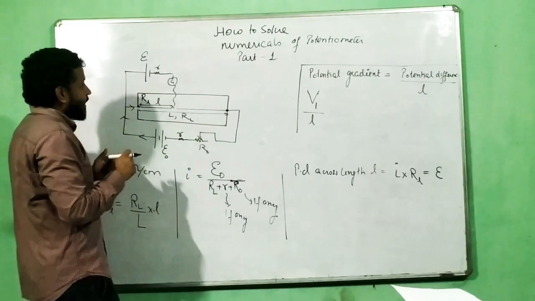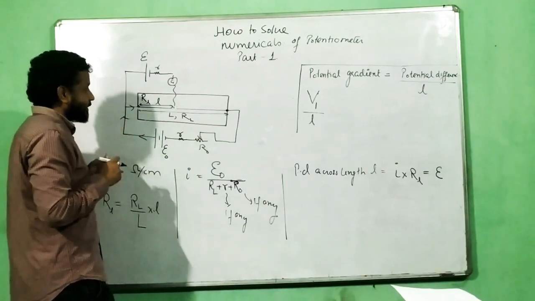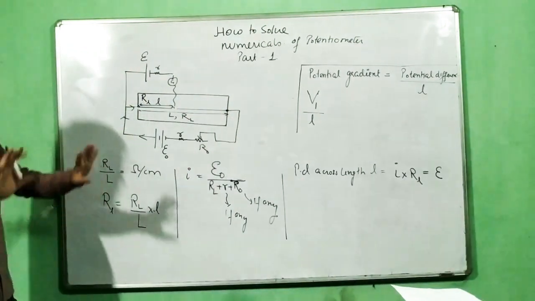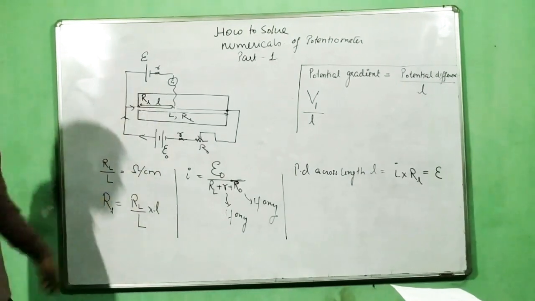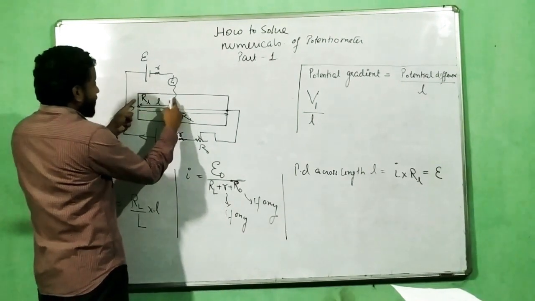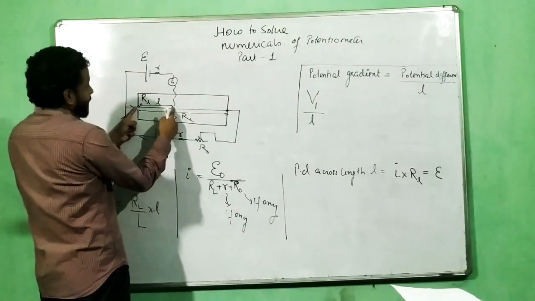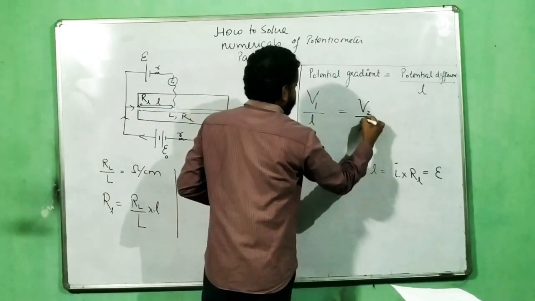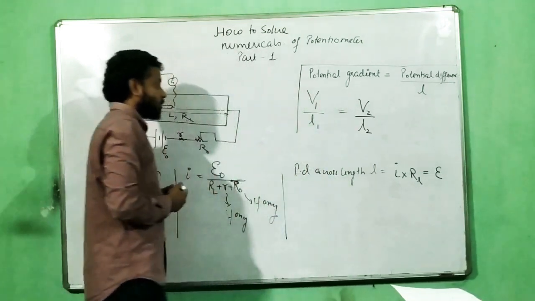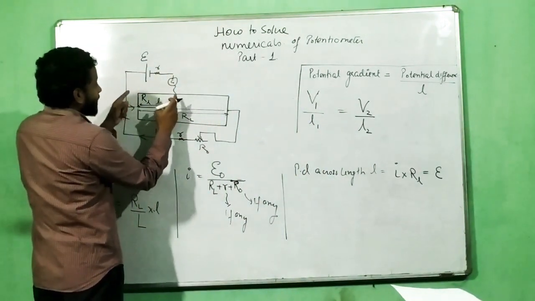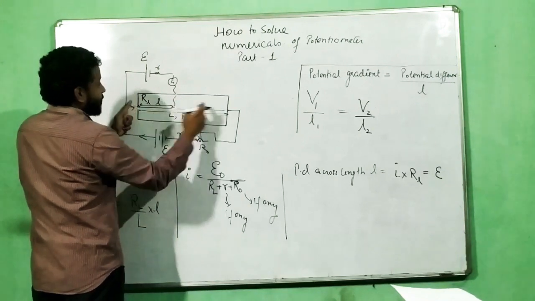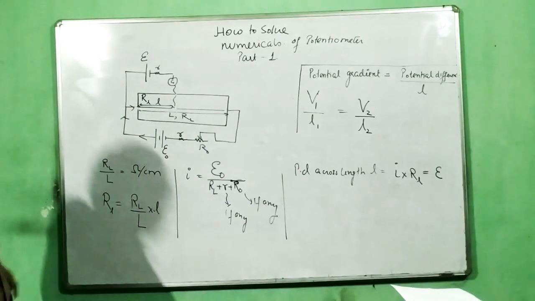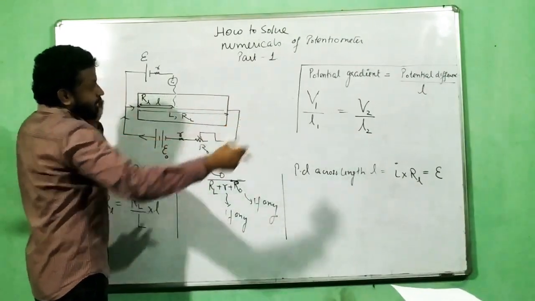Now never forget this part: in a potentiometer board, potential gradient is constant. It's always constant for a given setup. So this V by this L must be equal to this V by this L. If I consider this as V2 by length L2, so this is L1, L2. So if somebody gives that this is the potential and the balancing length is L1, find this one, you can do that with the potential gradient. You can play around with that. So if this is your V2, then that divided by L2 will be the potential gradient.